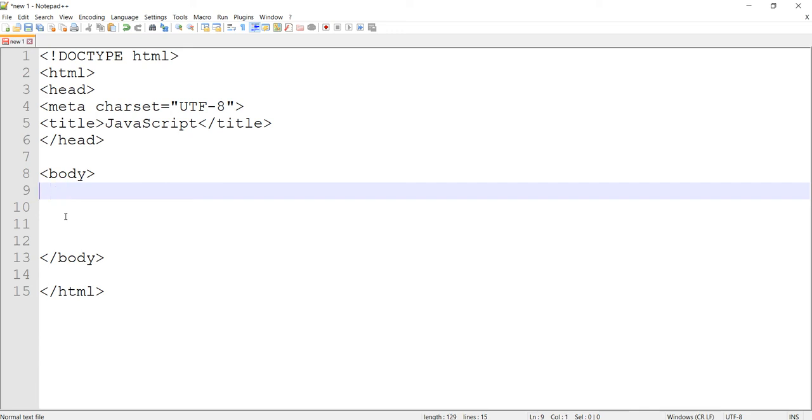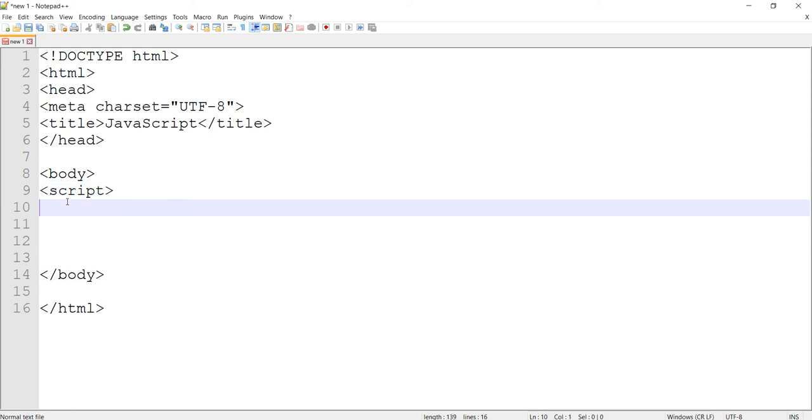First of all, let's see how to write JavaScript code internally. In this tutorial, we will learn how to write to a browser using JavaScript. Whenever you start writing your JavaScript code, you can write anywhere inside your HTML pages wherever you want it to appear. To create JavaScript code, the tag is script. Whenever you start writing your JavaScript code, always indicate the script tag. After that, let's write